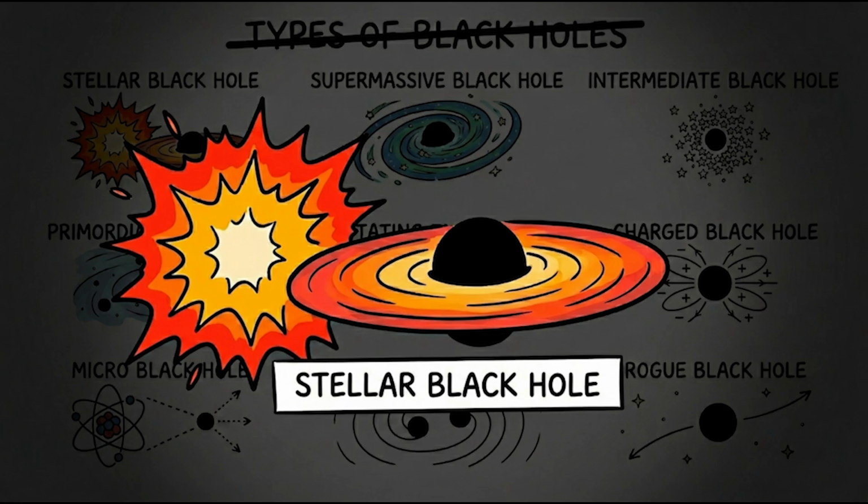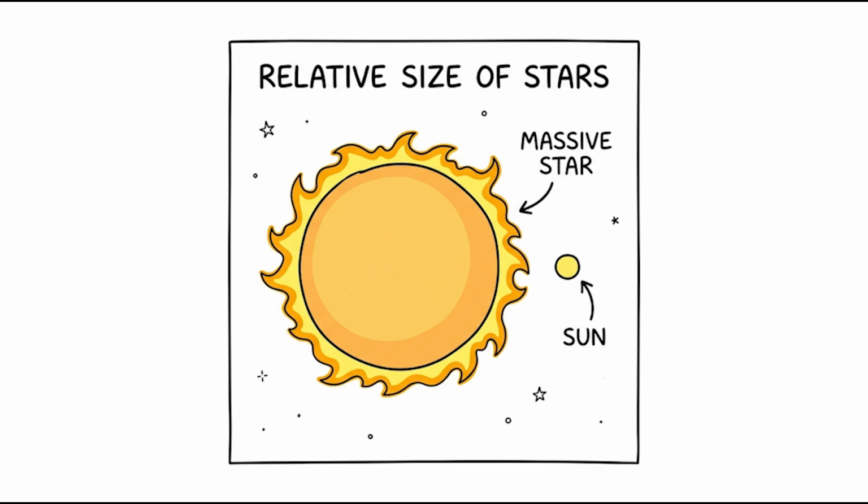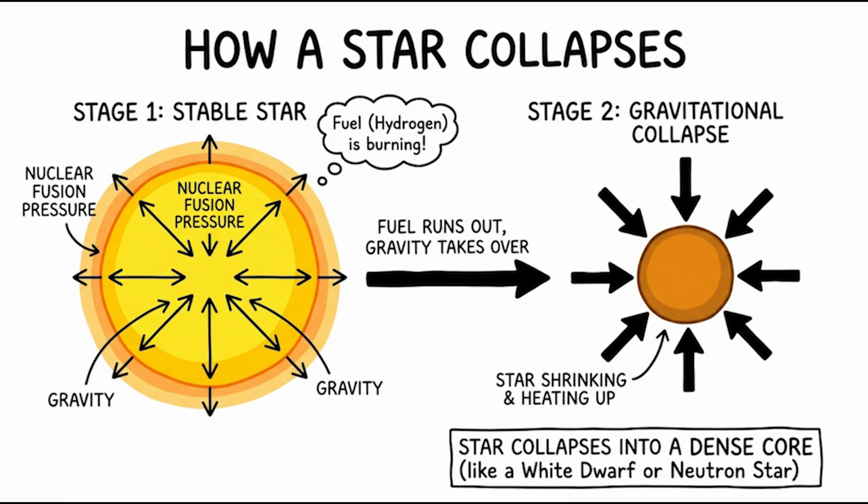This is the most common way black holes form, and it all starts with a massive star reaching the end of its life. Stellar black holes begin with massive stars. These are stars many times heavier than our sun. Because they're so big, they burn through their fuel very quickly. Eventually, the star runs out of fuel, and once that happens, there's nothing left pushing outward, so gravity starts crushing